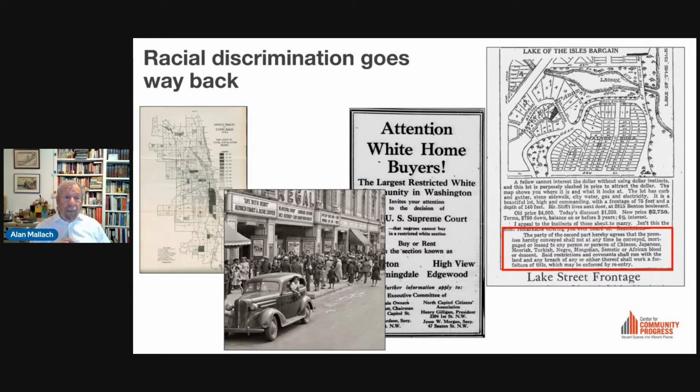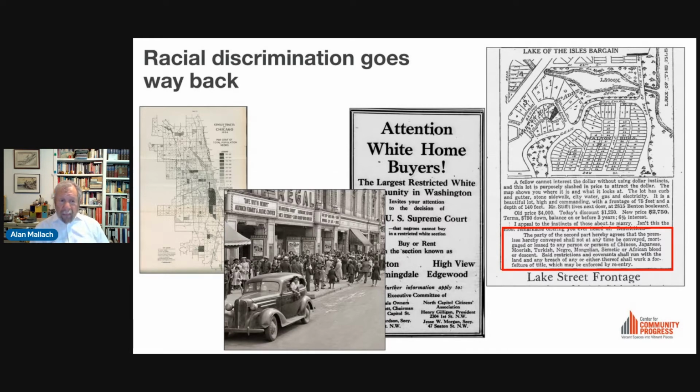Now, they were an equal opportunity discriminator because the law also said that no white family would be allowed to move into a neighborhood that was over 50% Black. But that was hardly fair. Well, the idea of racial zoning caught on like crazy all over the country. And lots of cities adopted it. And predictably, eventually people brought lawsuits against it. And in 1917, the US Supreme Court ruled that racial zoning was illegal.